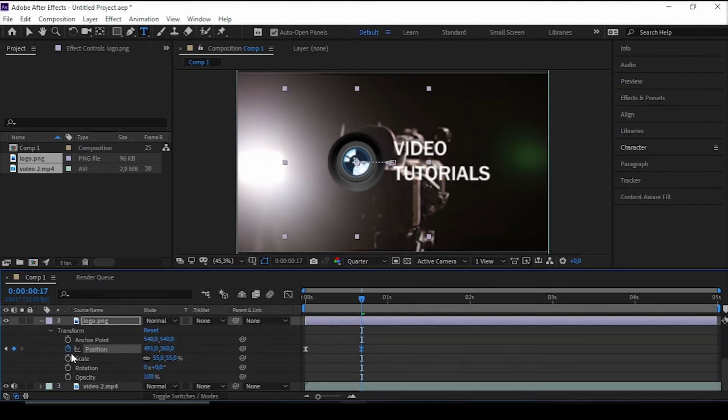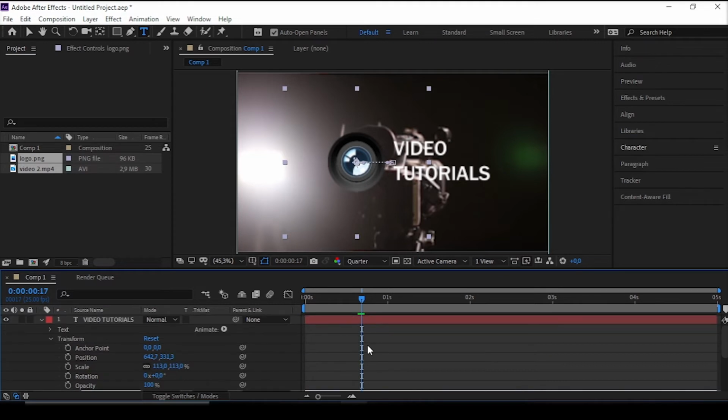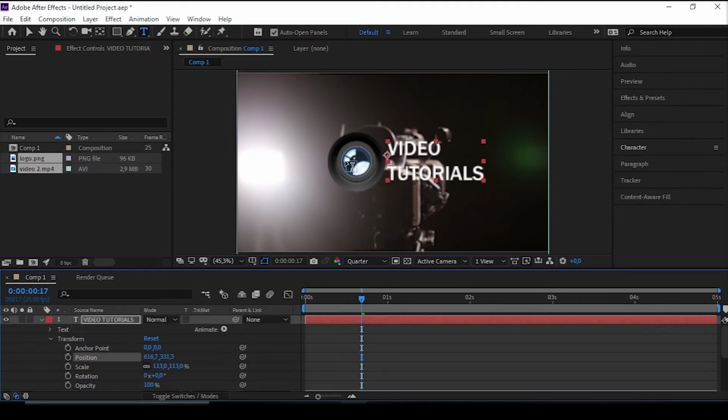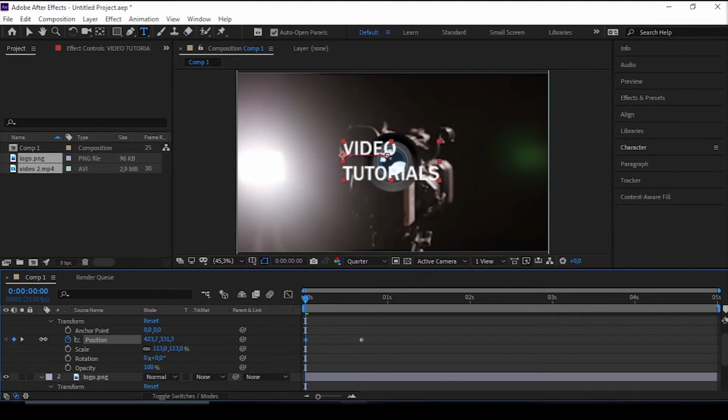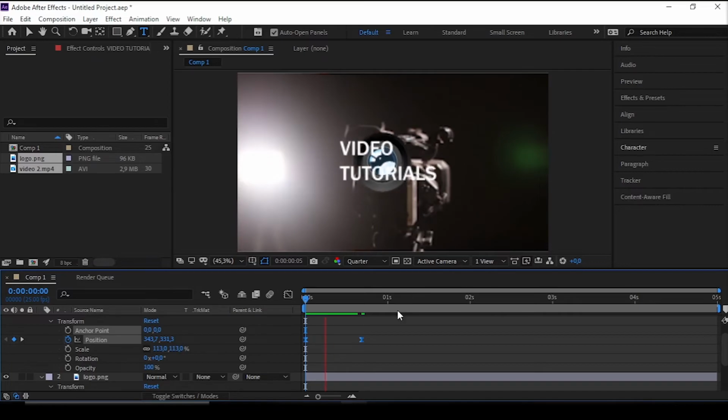When our time indicator is exactly where a keyframe is, then this little circle is blue, but once you move a frame, it's not. This means you're not working on an existing keyframe, so be careful on that. Okay, I'm clicking this little arrow to move to the next keyframe in order to see where I'm putting the text keyframe. We're moving the time indicator at the beginning and create a new position keyframe, making it start from the left. And again, marking the keyframes and hitting F9 to make the motion smoother.